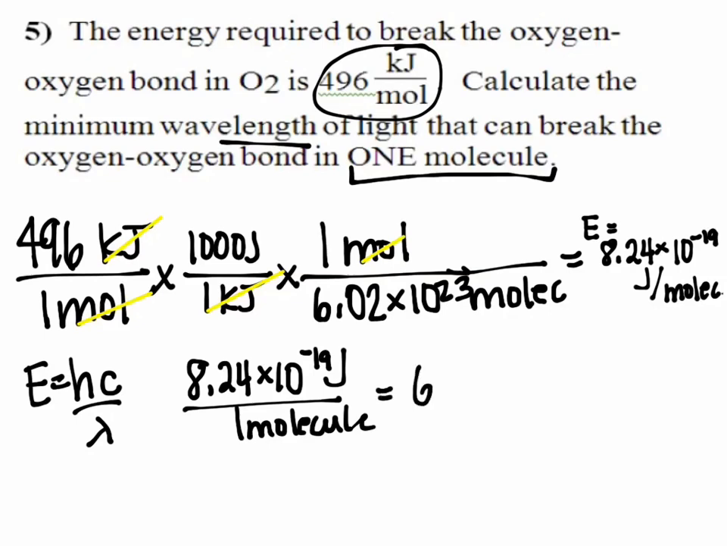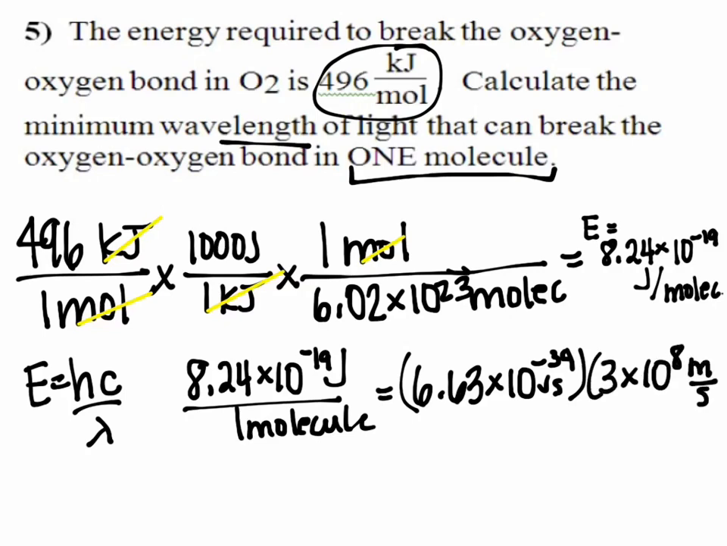And h is 6.63 times 10 to the negative 34 joule seconds times 3 times 10 to the 8th meters per second. It doesn't matter, yeah, it really doesn't matter. If it doesn't say what is the minimum wavelength in meters, then you just pick whichever one. And that is all over lambda, and we find that the wavelength is, to 3 sig figs,